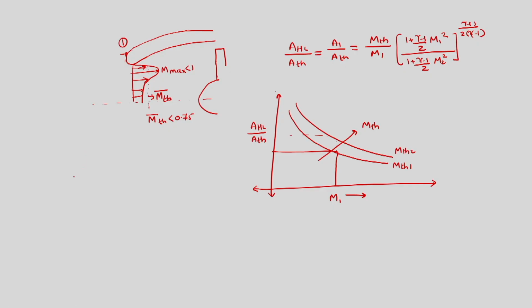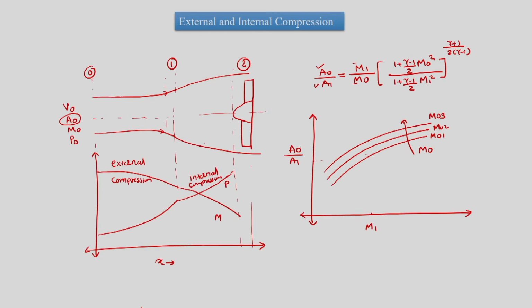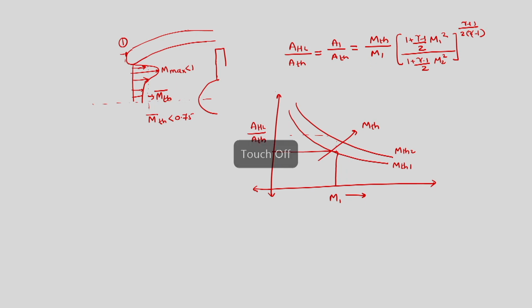Then we can see that the same intake would have a different flow pattern depending upon the angle of attack, and we have seen that this is the flow pattern when we have the intake perfectly aligned with the velocity vector. But now, if the intake is not aligned with the velocity vector, we can plot the curve, and it would look like this.